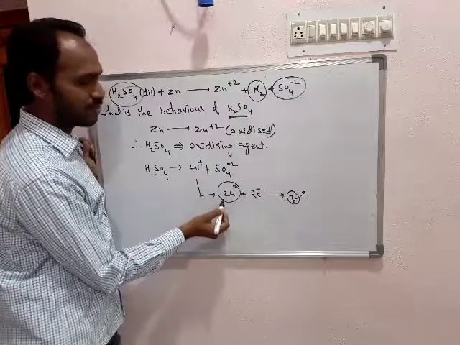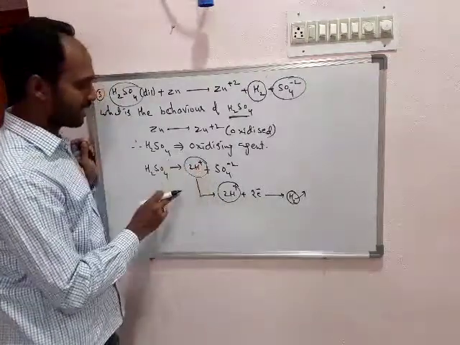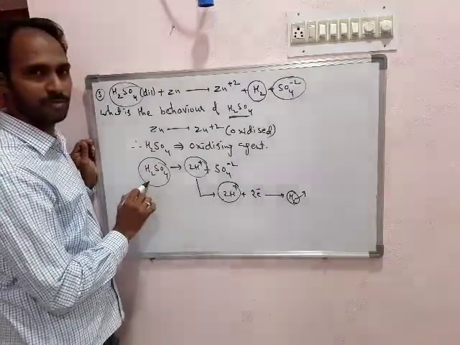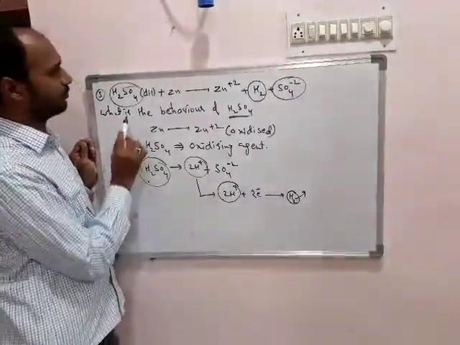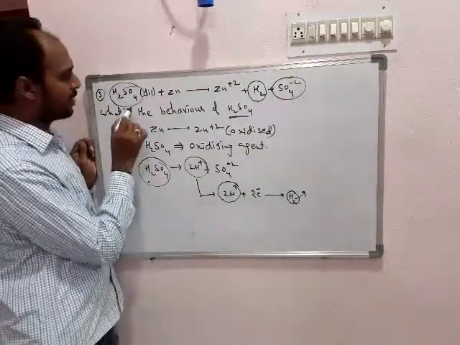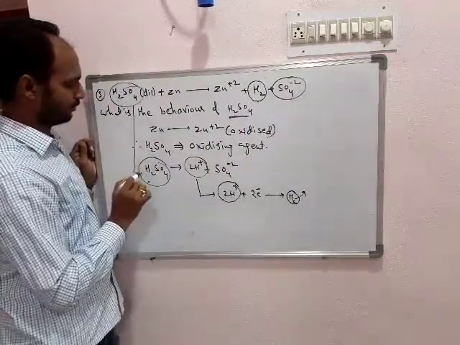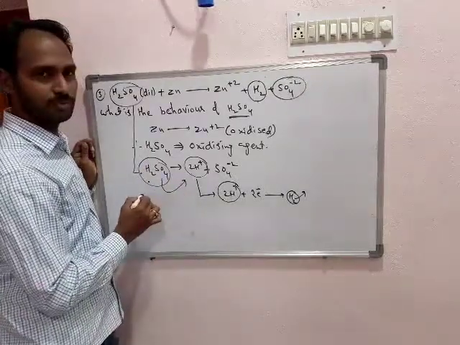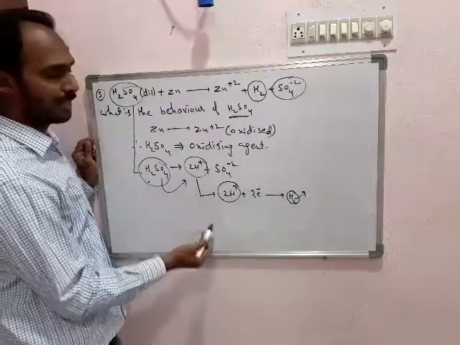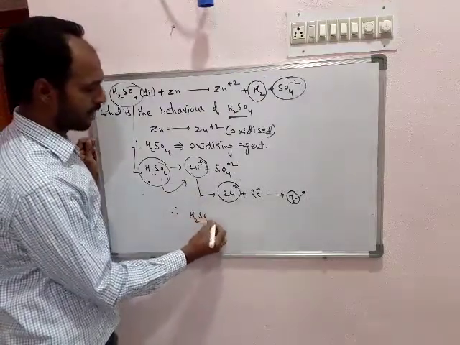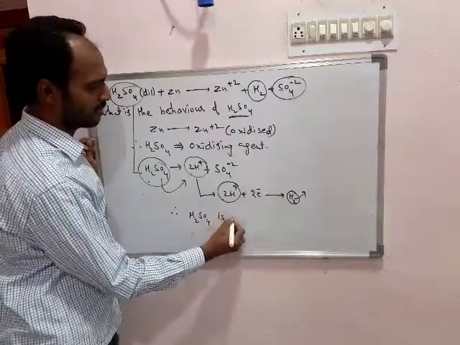If the product contains hydrogen, it means there is a formation of H plus ions. The H plus ions formed must have come from H2SO4. It means in this reaction the hydrogen ions are released from H2SO4. Therefore, we can say H2SO4 is